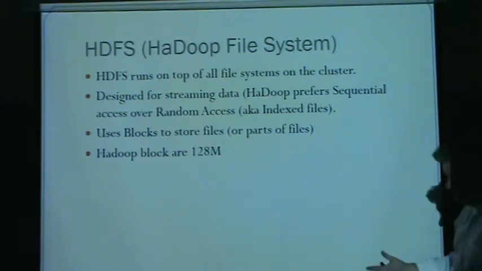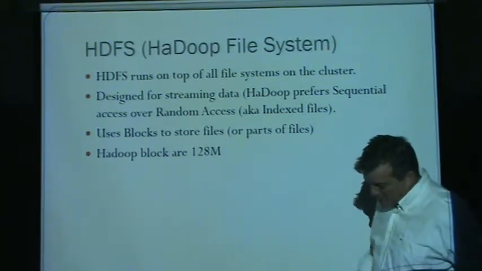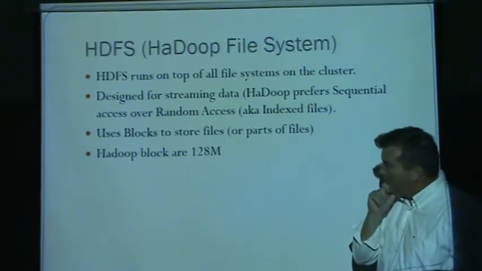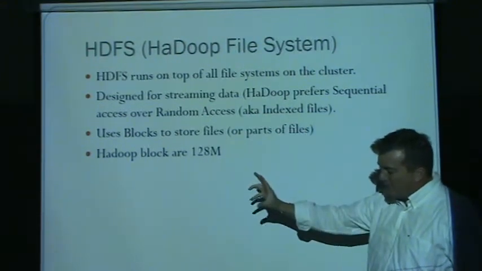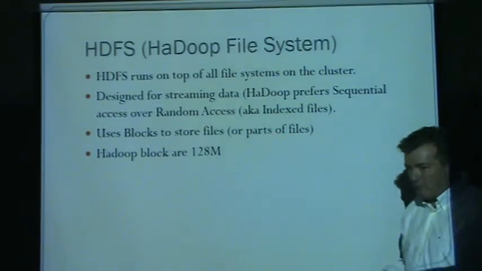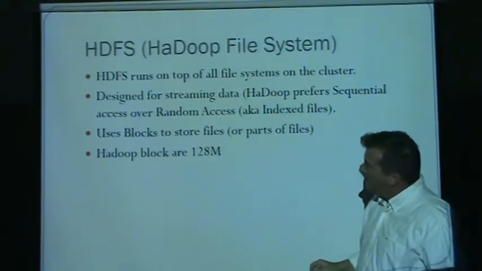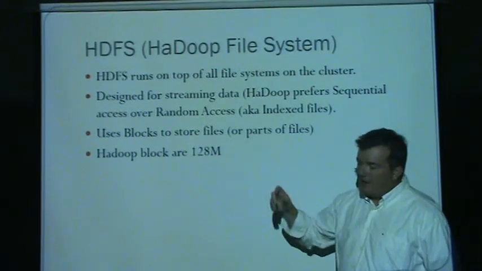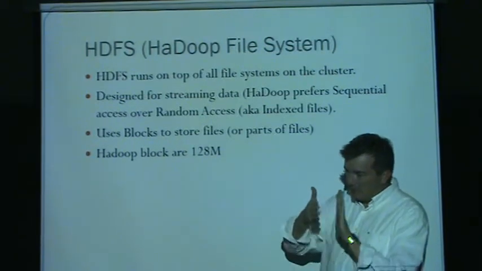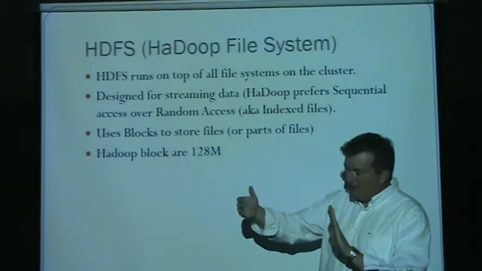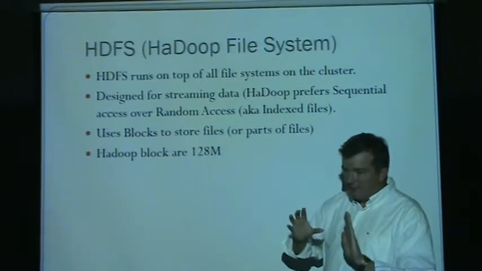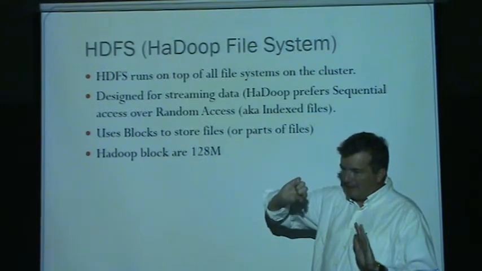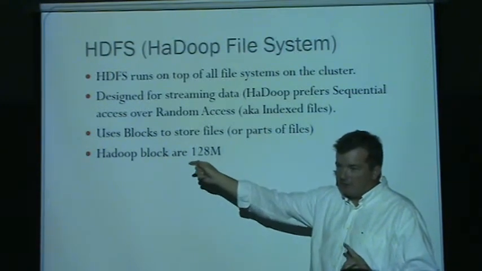Okay, so now for today's talk, I'm not saying that we have as a prerequisite the understanding of how files are written on a hard drive, but you may know from your operating systems class that files can be written on a hard drive many different ways. They could be written contiguously, meaning all the data is in a row. They could be written as linked files, where pieces of the file are scattered throughout the disk drive, and then links tell you the address of where the next piece is.